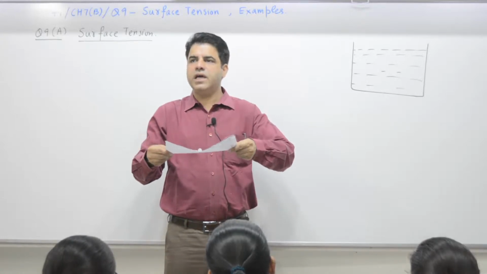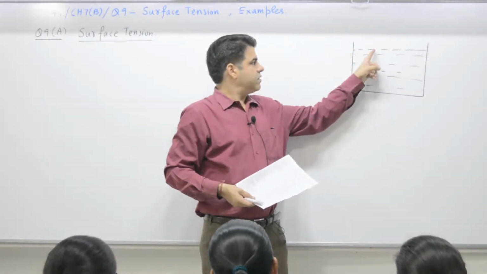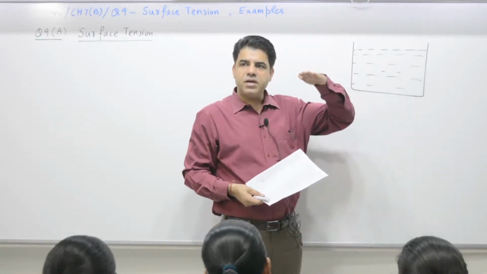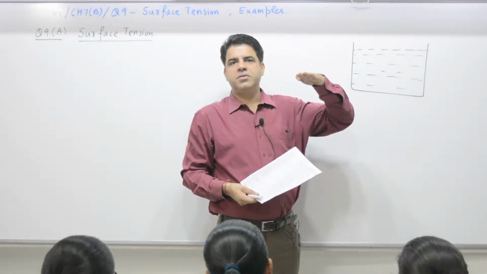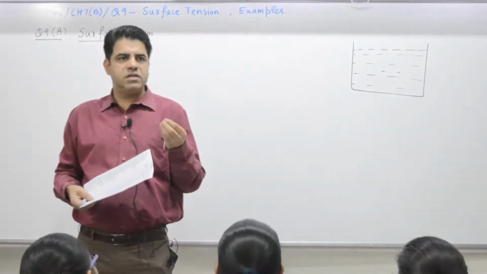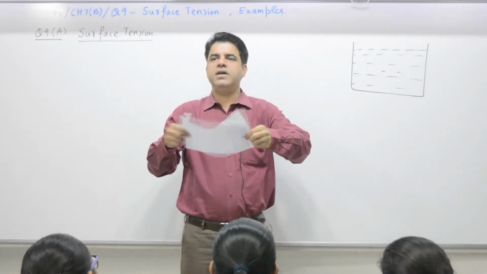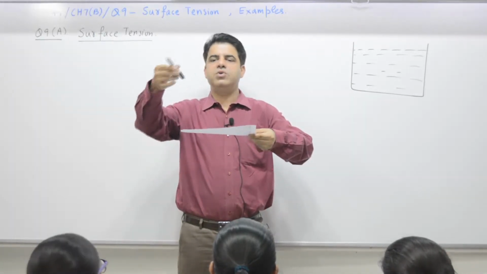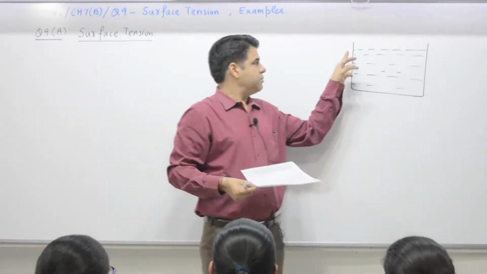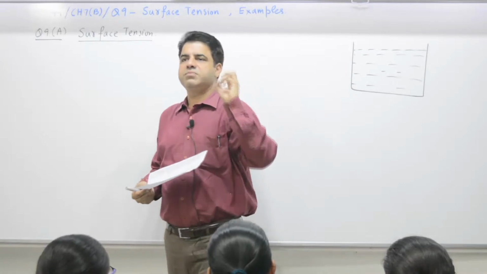Similarly, water surface, any liquid surface behaves as a stretched membrane. Example is, if there is a mosquito, mass is small, weight is small. This layer can bear the weight of a mosquito. It won't break. But if a person sits here, this layer is not sufficient, doesn't have the strength to bear the weight of the person. It breaks. It cannot bear infinite weight. It can bear the weight of 1, 2, 3 markers, maybe it may break at 20 markers. So that means the upper layer of a liquid behaves as a stretched membrane.